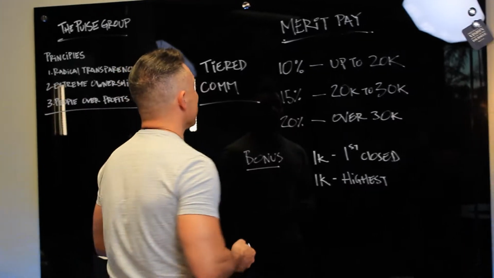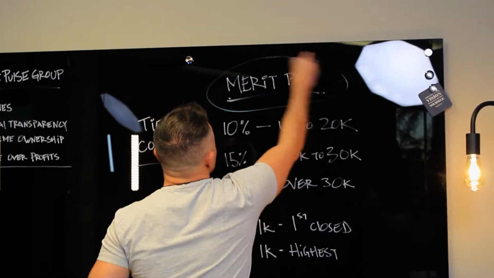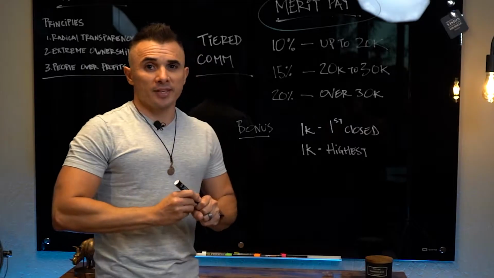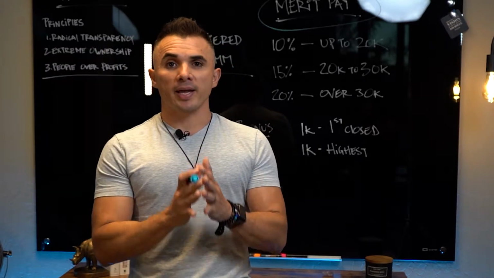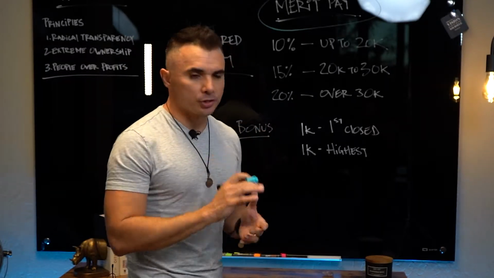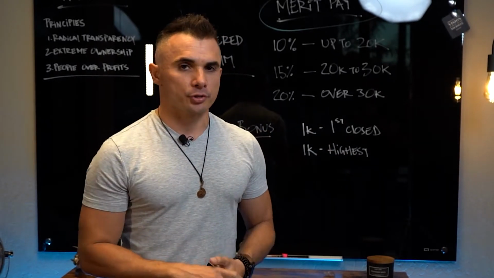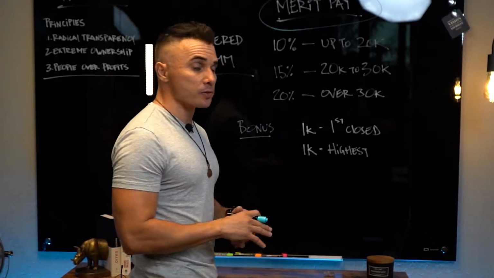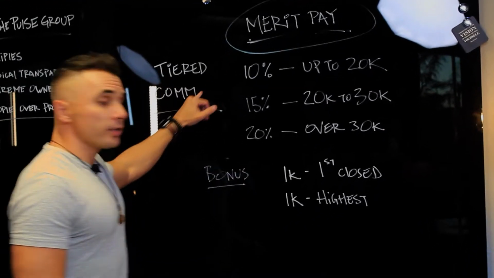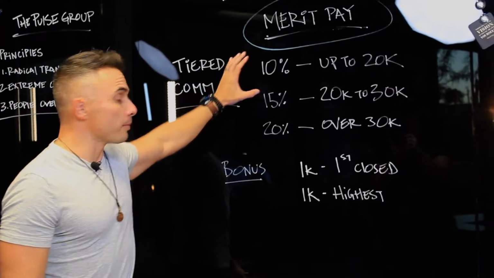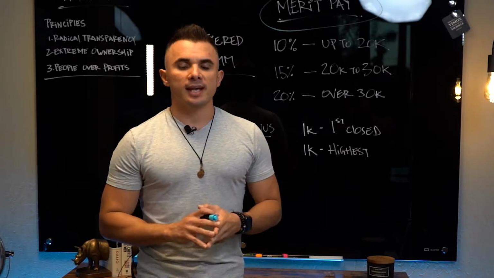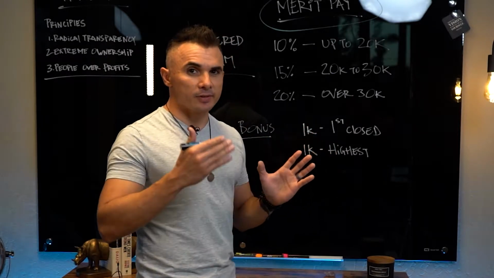So that's the core of the structure that I have here, right? So it's merit pay. And again, this is the structure that I use to pay my acquisitions reps only. I have different structures for cold callers, different for lead managers, and dispo has a different pay structure, right? This is for acquisitions representatives only. So it's a tiered commission pay. It's all commission based. We don't have a monthly salary, and this resets every single month, okay?